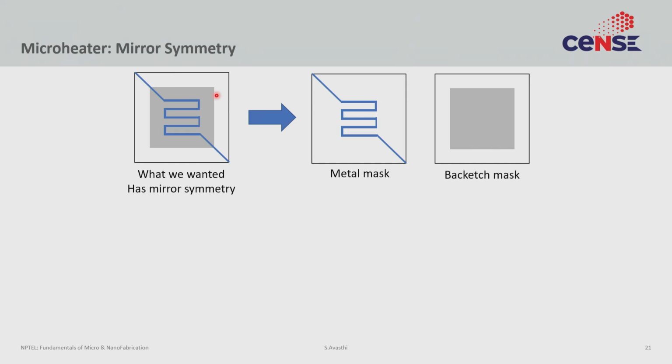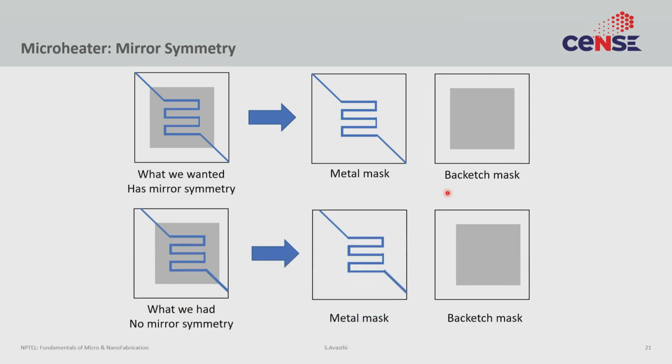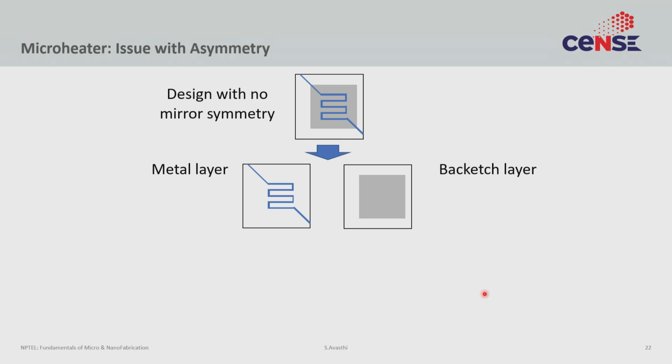They broke it into two different mask designs. On one mask, they wrote the metal pattern. On another mask, they wrote the back edge pattern. Okay, great, nothing wrong here. Everything is fine. The problem is, they ended up making a structure that was slightly biased, that was not centered. Now, on its own, there is no problem. This would still break into two designs, but both the metal and the gray would be misaligned by the same amount, so there would be no relative mismatch. This would still work. The problem is the way they were doing lithography.